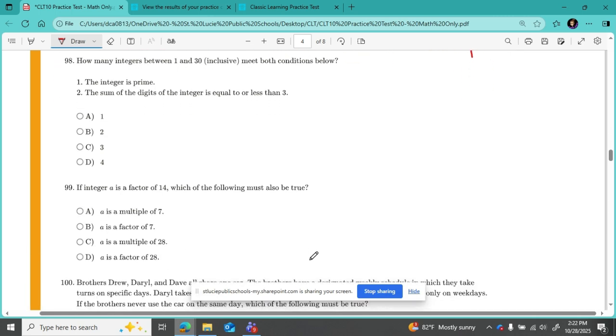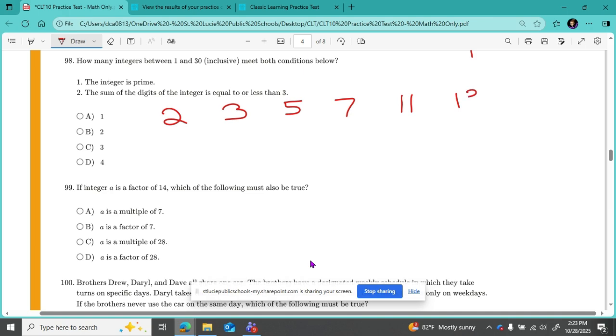Number 98, how many integers between 1 and 30 inclusive meet both conditions below? Number 1, the integer is prime. So what are our prime numbers? We got 2, 3, 5, 7, no more even numbers. 9 can be divided by 3, 11,